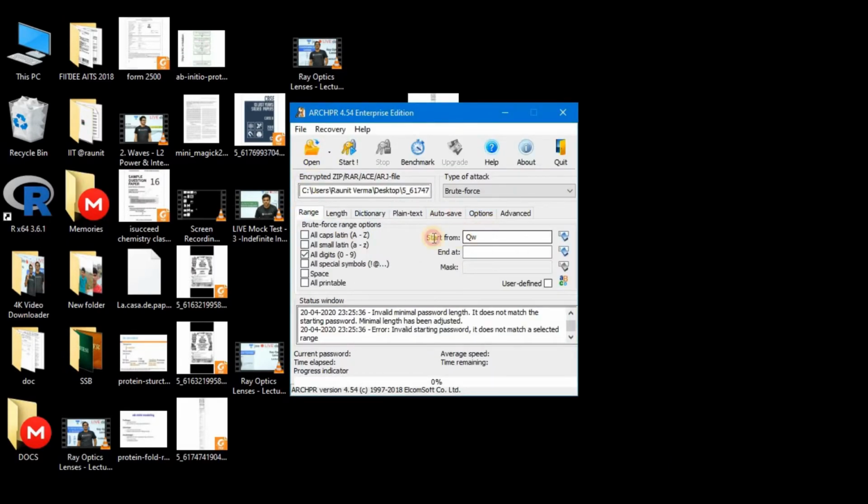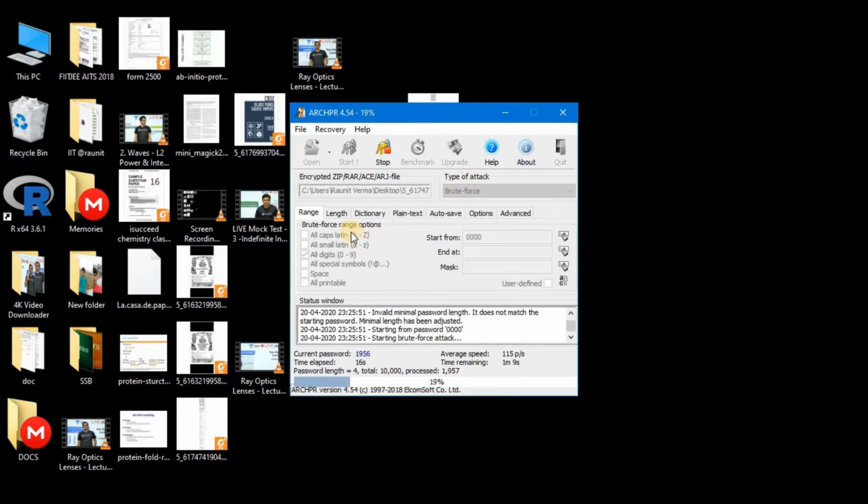Go to range and then set here 0000, and now let's start. It has started, and let's see how much time it takes. It says that the time remaining is approximately 1 minute. Let's see whether it finds the password or not.